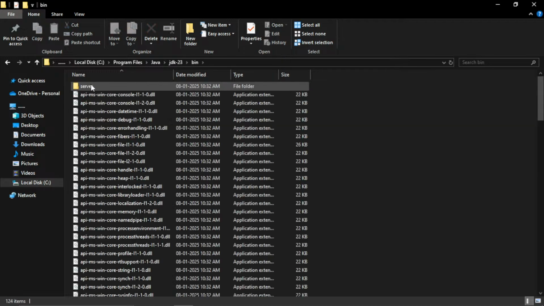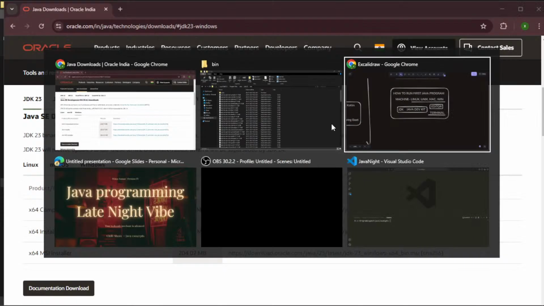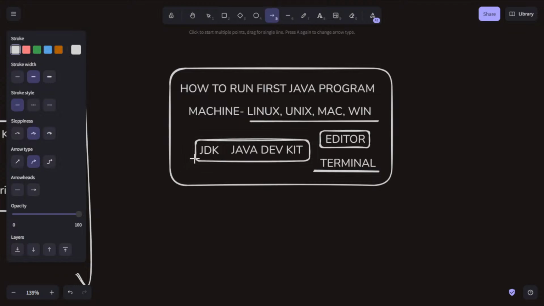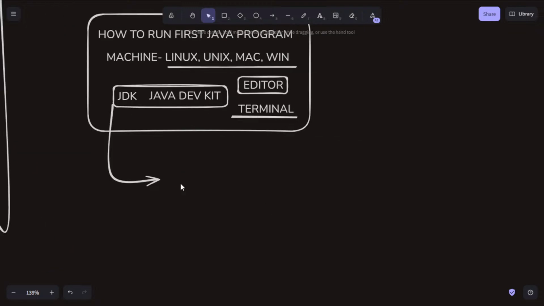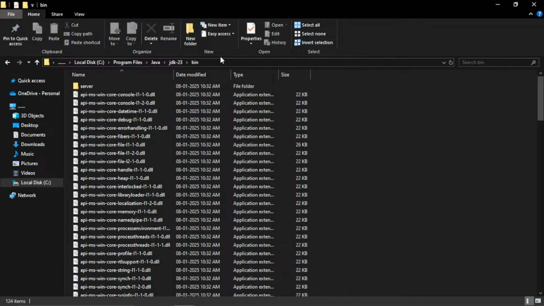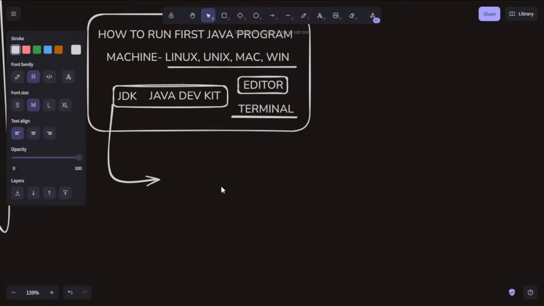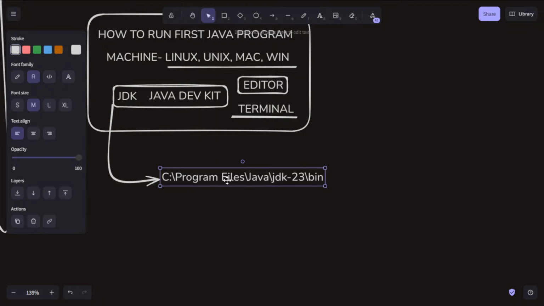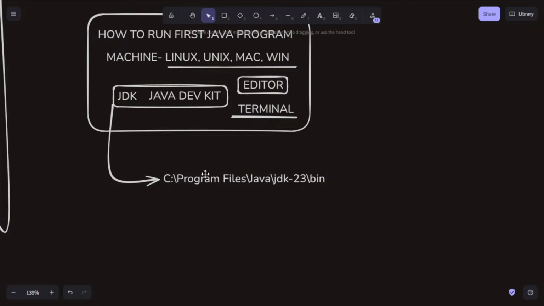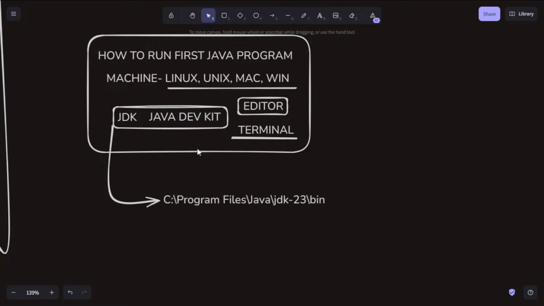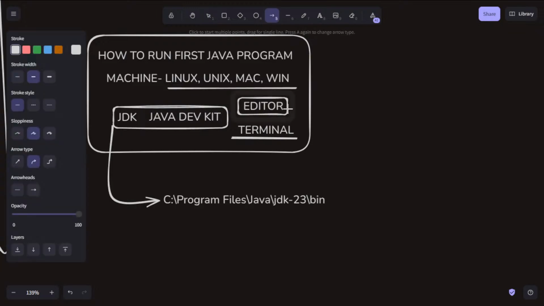Then inside the bin folder, you copy this bin folder path and paste it in the environment variable, so that your machine knows that the JDK has been installed in your system.